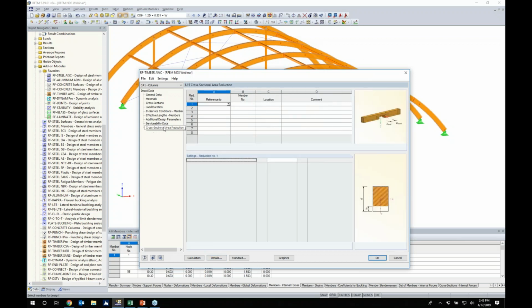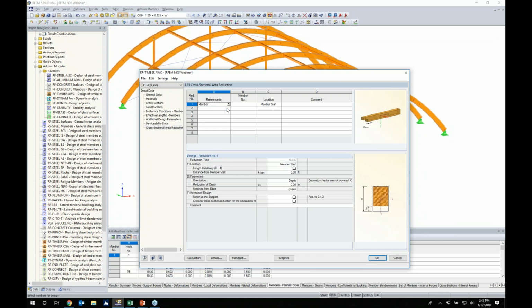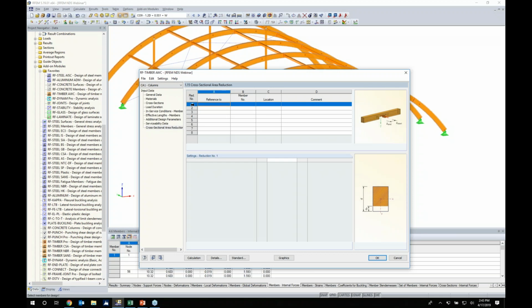And lastly, we have a cross-sectional area reduction. What we can do here, if we have any notches in the wood, we'd like that considered. You can go ahead and specify the geometry here as well as where that notch takes place along the member length. But for today, we don't have any of that